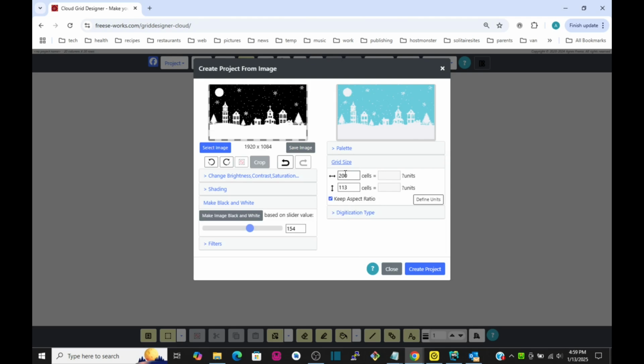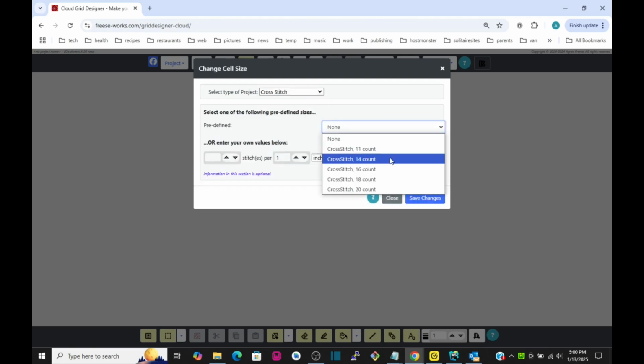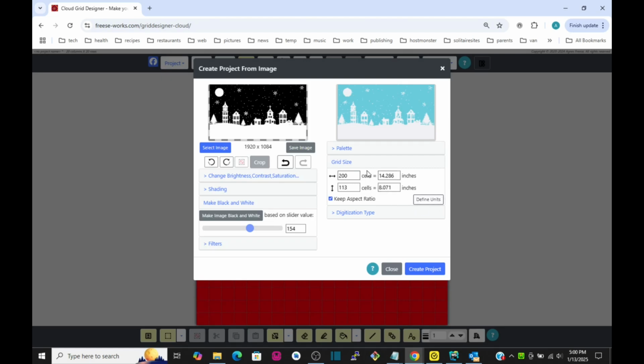Now my grid size, the longest side, ends up at 200 to start out with. But if I'm going to do this in cross stitch, we want to figure out how many inches this is going to be, right? So we're going to go into Define Units. I'm going to pick cross stitch. I can pick one of these presets, or I can also put down so many stitches per inch down here if I want to. But if I want to use 14 count Aida cloth, then I can just select that, and that'll be 14 stitches per inch. I say Save Changes, and it comes back to here,